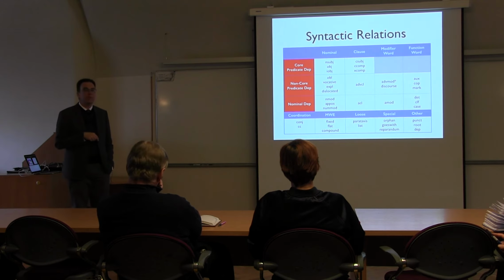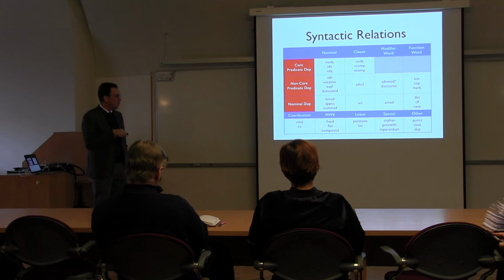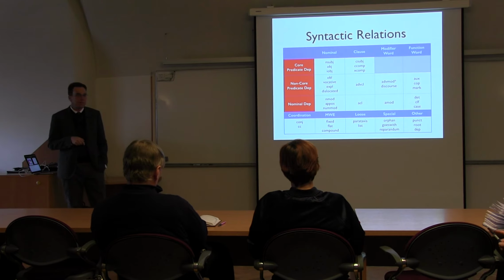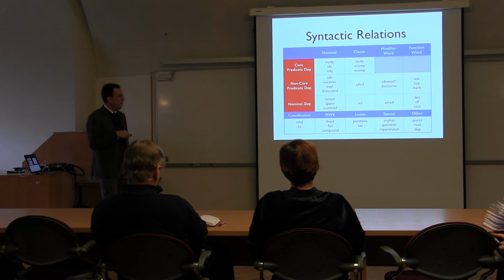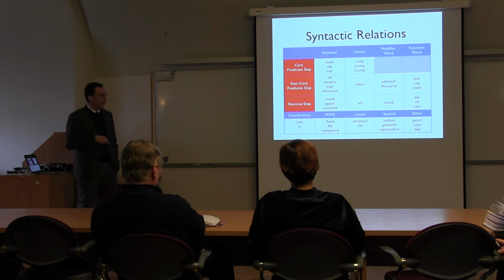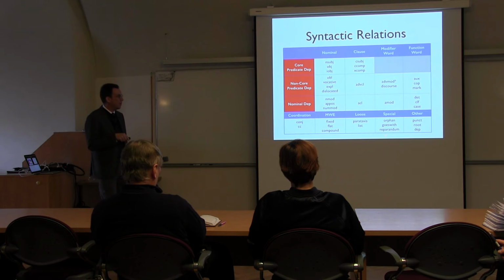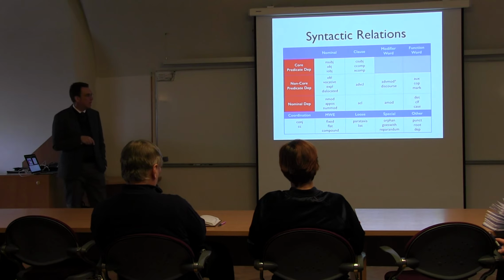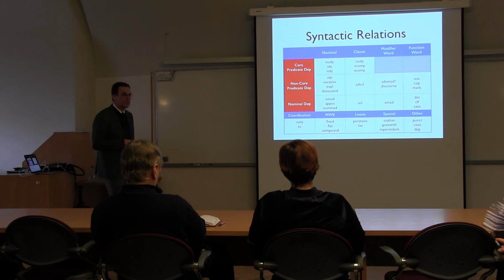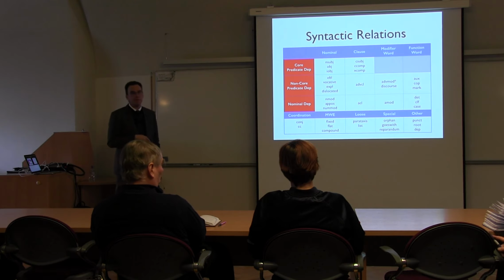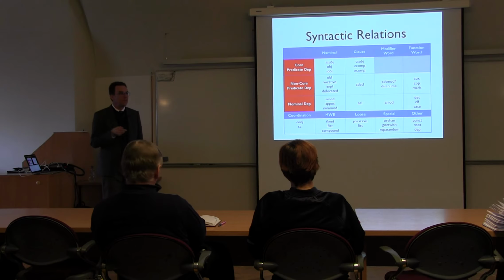The bottom row is for, if you like, special phenomena. Coordination, of course, we need some way of annotating that. Certain restricted classes of multi-word expressions have special relations. There are loose joining relations like parataxis and list, and there are special relations for ellipsis, the orphan relation. I'm going to come back to that. Goeswith is essentially for typographical errors in text, and reparandum is for disfluencies in speech. And then a few very general relations for things like punctuation. Dep is sort of the, if you really have no idea what something is, you can call it.